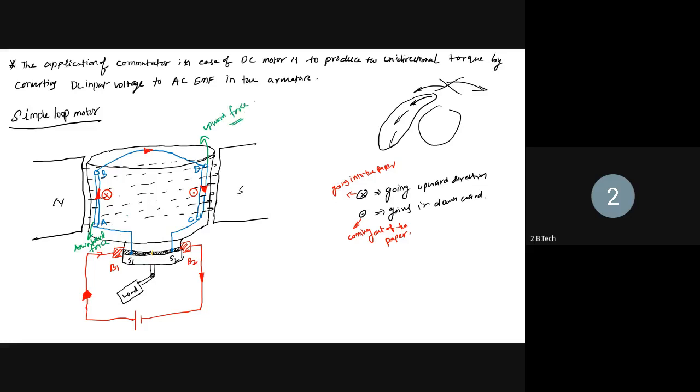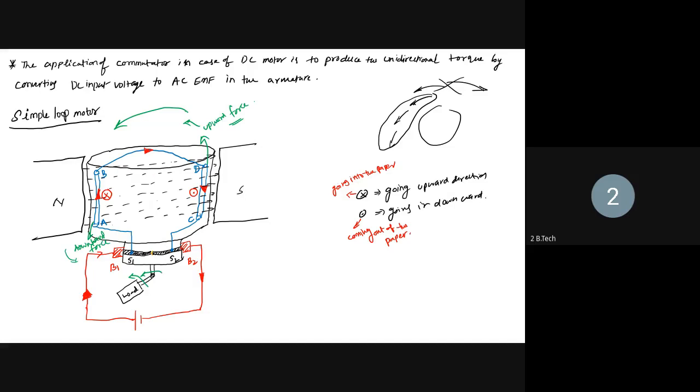So this will move in this direction and this will move in this direction. Therefore, the overall rotor will move in this direction. Therefore, the shaft will be rotated in this direction. The load will be rotated in the same direction. Therefore, whenever the flux is flowing from north pole to the south pole, and whenever we are having the conductors which are having cross currents and dot currents on both sides of the north pole and south pole, then the direction of the force will be given by Fleming's left hand rule.